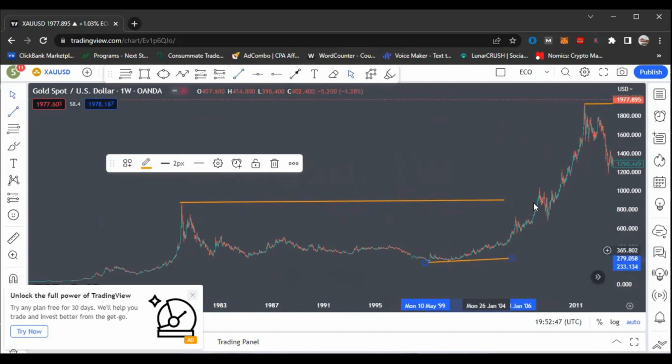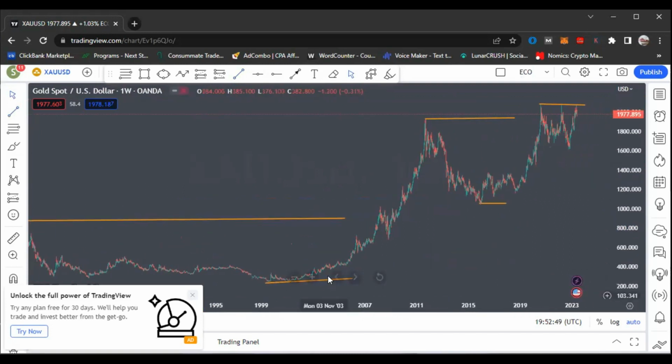Okay, so we were still trading between this low and this high, and so this high took out the last low here, which confirmed this low, and now we are waiting for price to take out this one